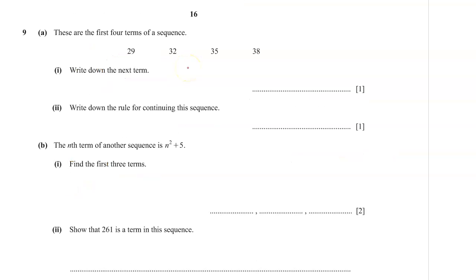Number 9. These are the first 4 terms of a sequence: 29, 32, 35, 38. Write down the next term. Right, you find the difference here. The difference here is 3, the difference here is 3, the difference here is 3. So 38 plus 3 will give us 41. So the next term is 41. Write down the rule for continuing this sequence: add 3